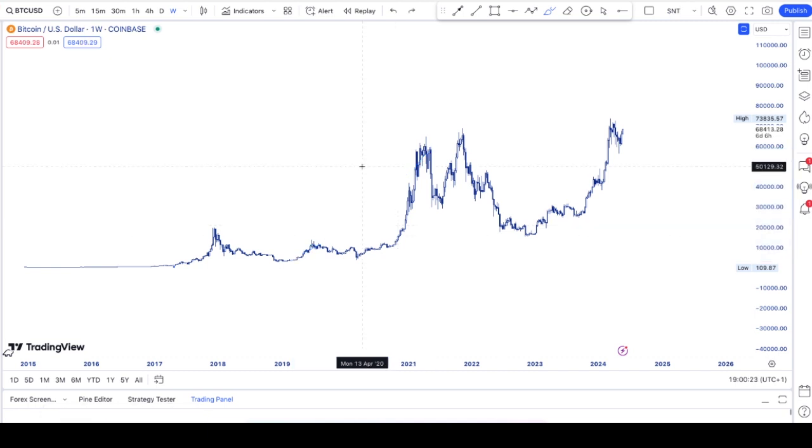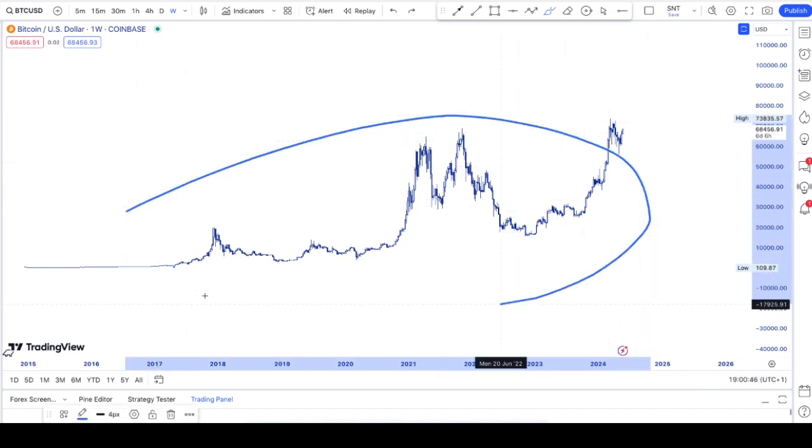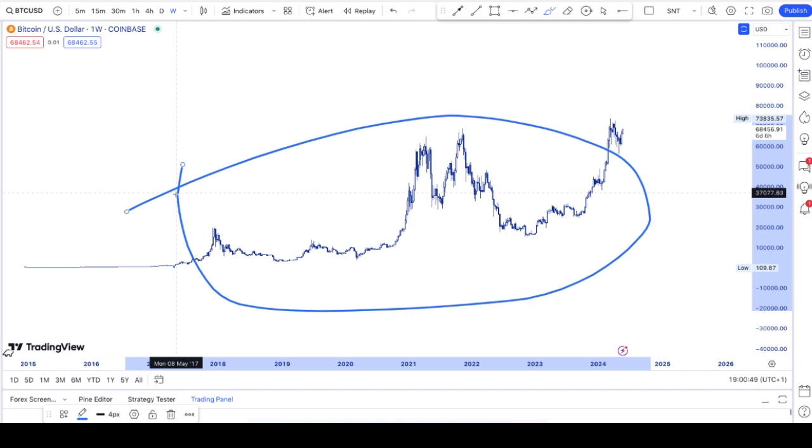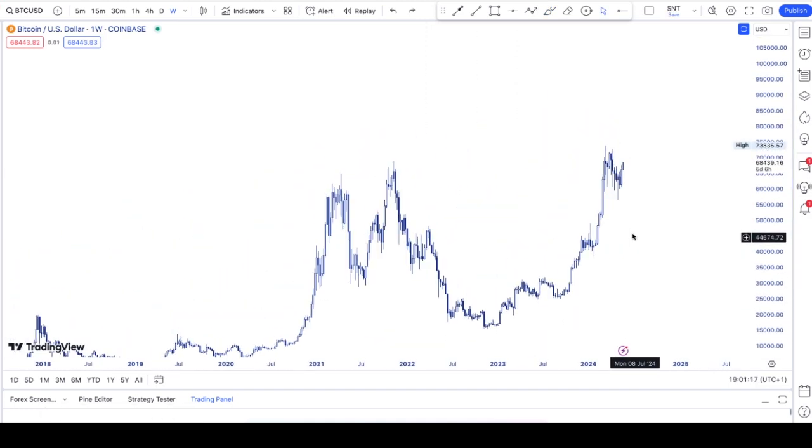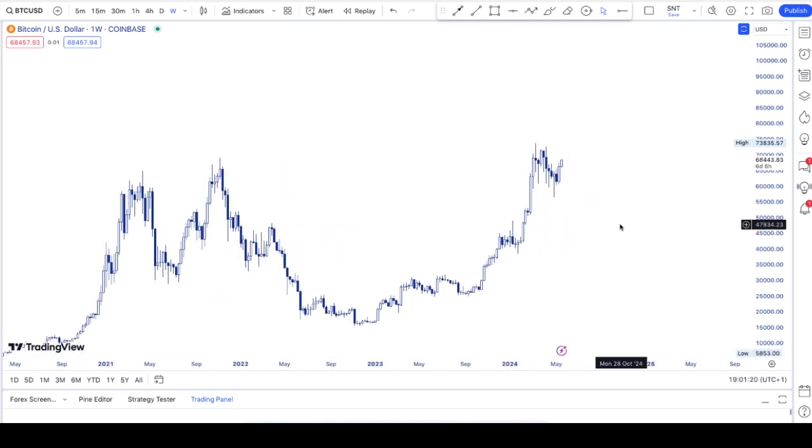Now, I don't care if you like Bitcoin or not, it's an asset and there's volume flowing in and out of it. And when there's large volume flowing in and out of assets, there's money to be made. Now, I think on a separate video, we'll look at the macro overview of Bitcoin and where we could see it going in the future. But let's zoom into recent times and let's see what we have got going on and what could be the next move for Bitcoin.